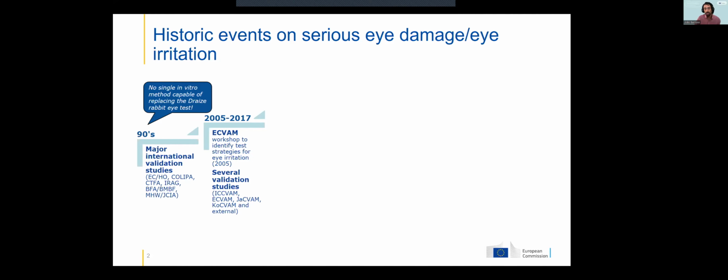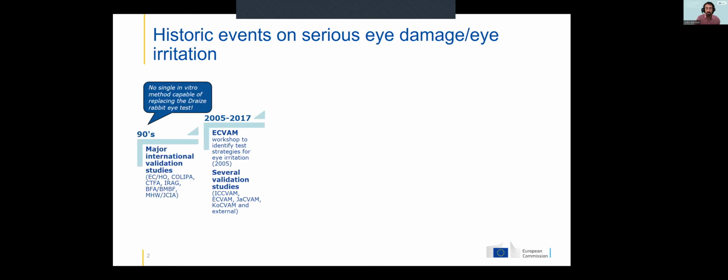Methods with high specificity for the identification of serious eye damage or ocular corrosion should be used to initiate the top-down approach, while methods with a high sensitivity for the identification of no classification should be used to initiate the bottom-up approach. This bottom-up and top-down strategy then served as a basis for many validation studies in the following years,